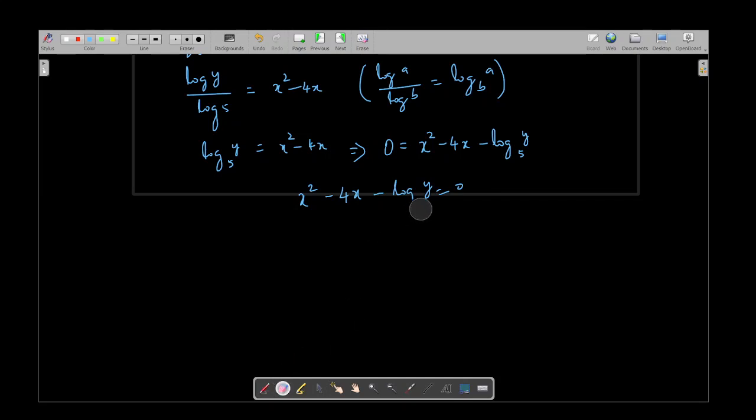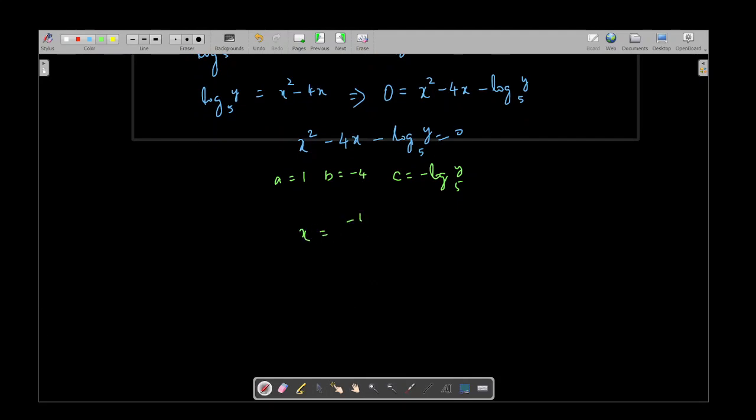Here the coefficients are a is 1, b is minus 4, and c is minus log y to the base 5. The roots of this equation are